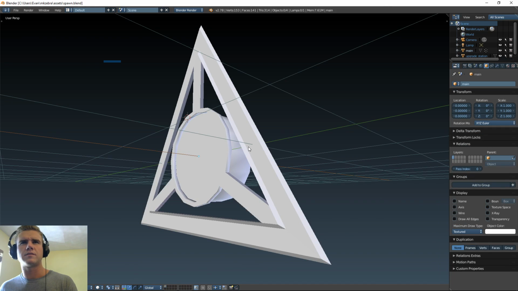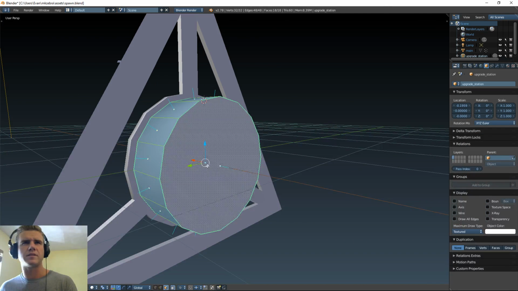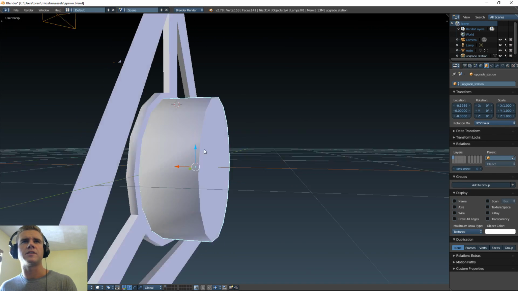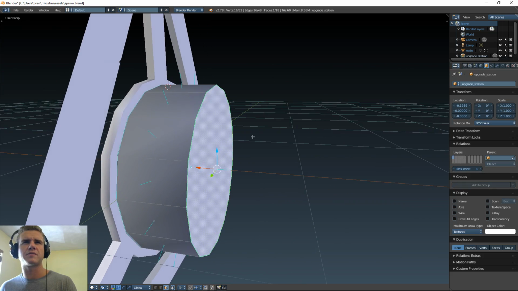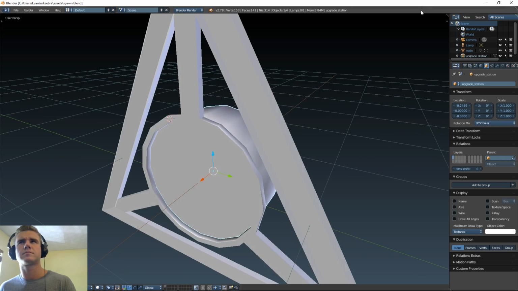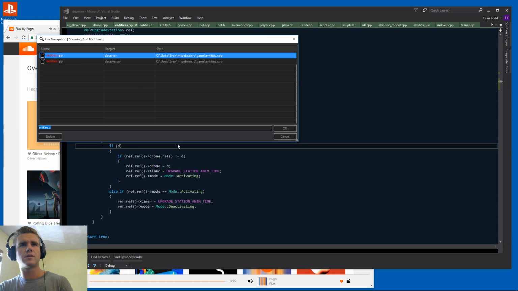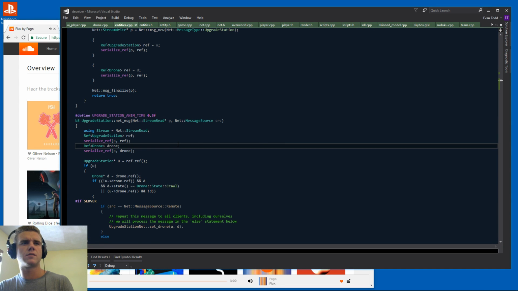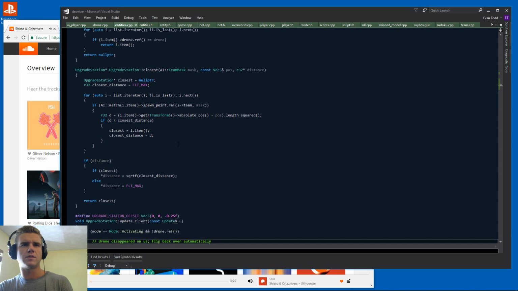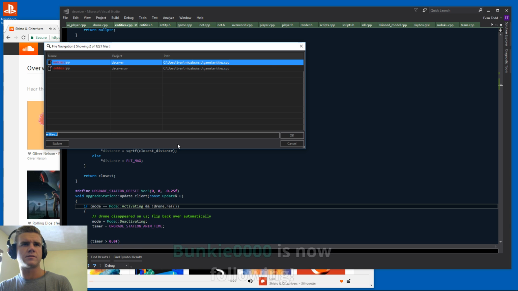Weird. It feels like... oh, I know what it was. The other thing is, this is not deep enough. I'm just gonna do that. Region 2 geometry. And then